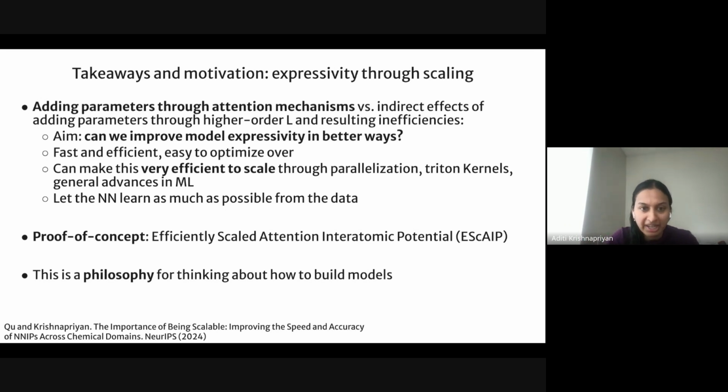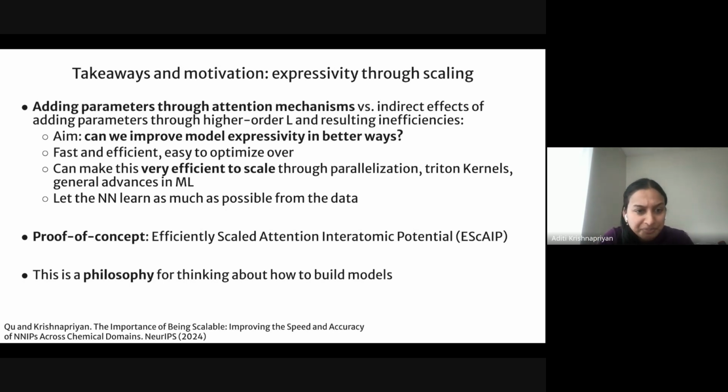The question we really wanted to ask was, can we improve the model expressivity in better ways, in different ways, that are also going to be fast and efficient and easy to optimize over? And really think about making it very efficient to scale through parallelization, through advances in GPU kernels, through also just general advances in machine learning as a whole. This concept also ties into this idea of, let's make the neural network as expressive and as optimized as possible and learn as much as possible from the data itself, and gain all of the physics knowledge from